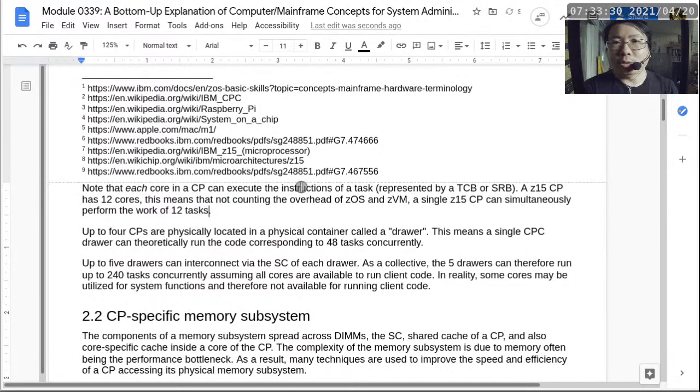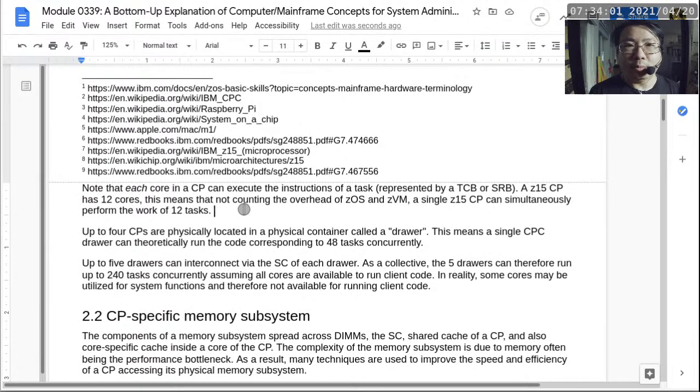A task is a better term to use here because TCB is a data structure that is used to represent a task. So it's better to use the term task here to refer to the more abstract concept instead of the data structure that represents the more abstract concept here. So as I said, this is actually misleading because IBM and also Intel, they have a technology called HyperThreading, and